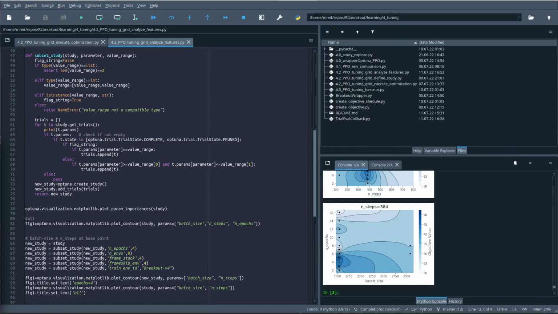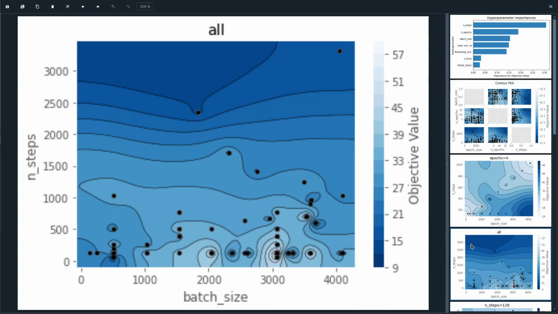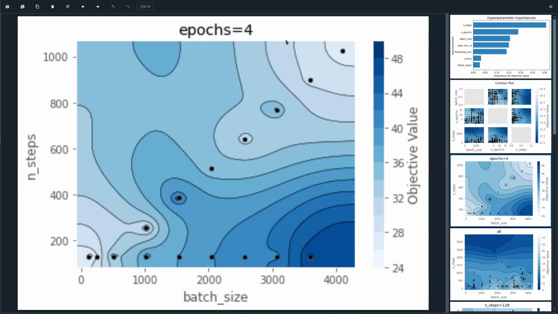And you can compare this here in the picture that says all. So all of the other hyperparameters are not kept stable compared to this one where I set epochs to 4 and a bunch of other hyperparameters are also kept stable. So of course it's much fewer points, but it also seems to be a bit